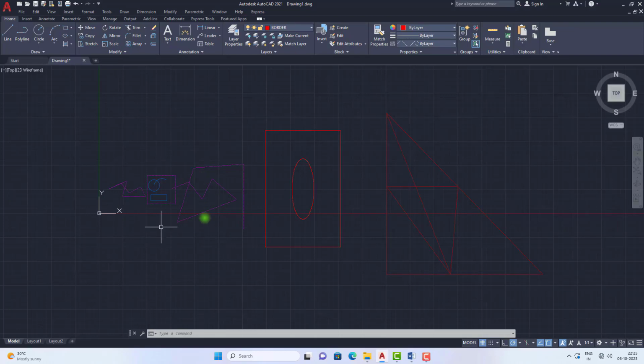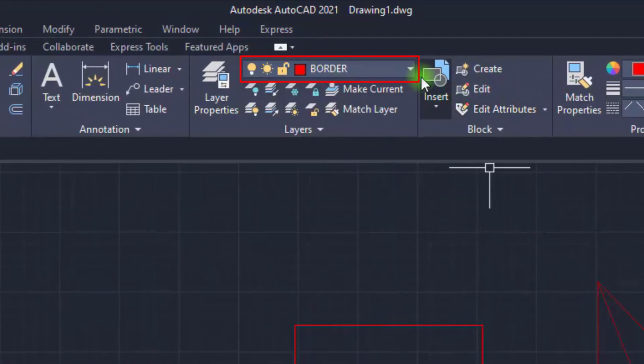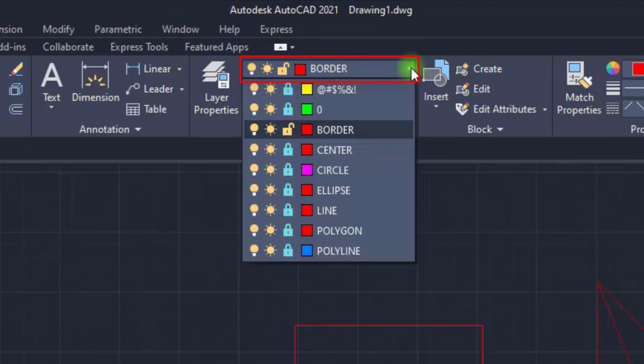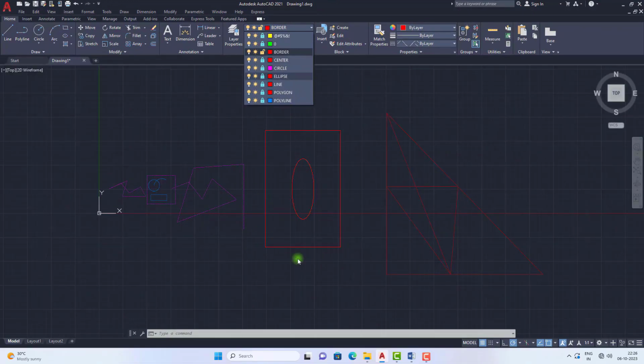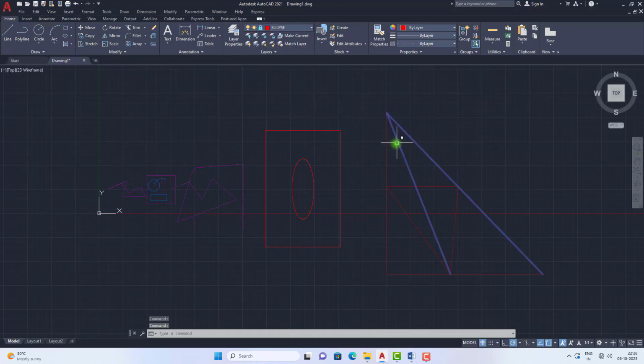So now you can check by going into the layer drop-down. What does Isolate do? If you select any object in the drawing, only that object will be in highlighted mode. That means it will be isolated from the remaining drawing, and see, all the remaining layers are in the locked position. If you select any of the remaining objects, you cannot move them or make any modifications on these locked objects. So I am pressing Escape.